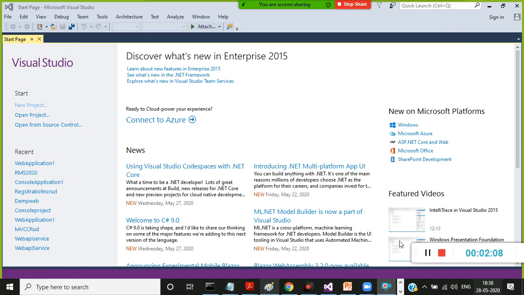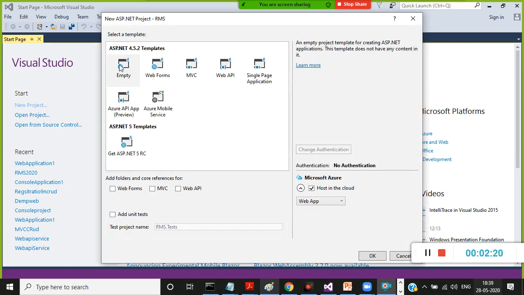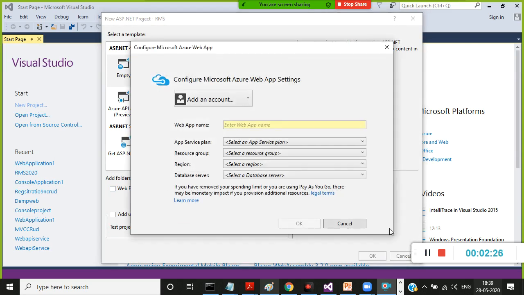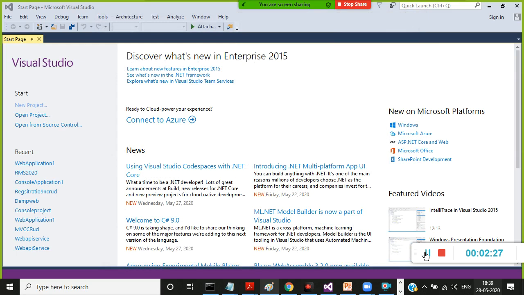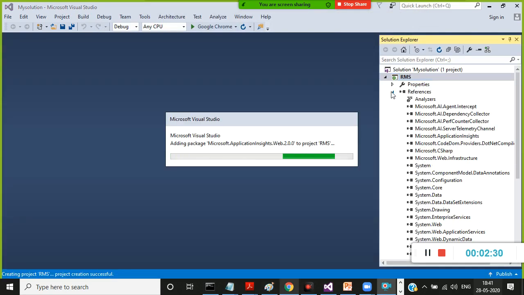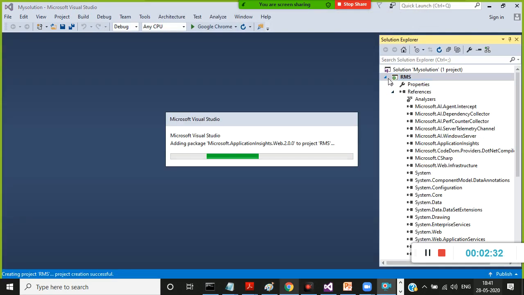Now you can go to your Solution Explorer. There you can see the different folders we have to create related to our project. One is the data access layer, another is the service layer, and another is the presentation layer. Your MVC is the presentation layer. Your database-related code you have to write in the data access layer. Select Empty, select MVC. Click on OK. I'm creating an empty MVC application.